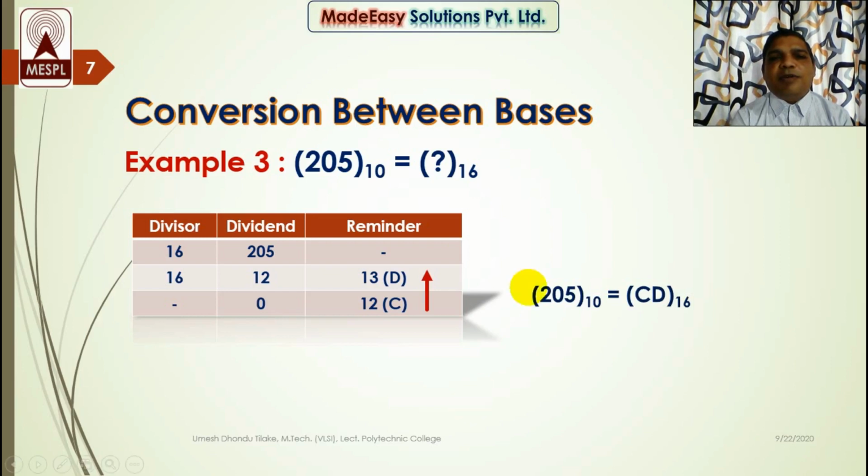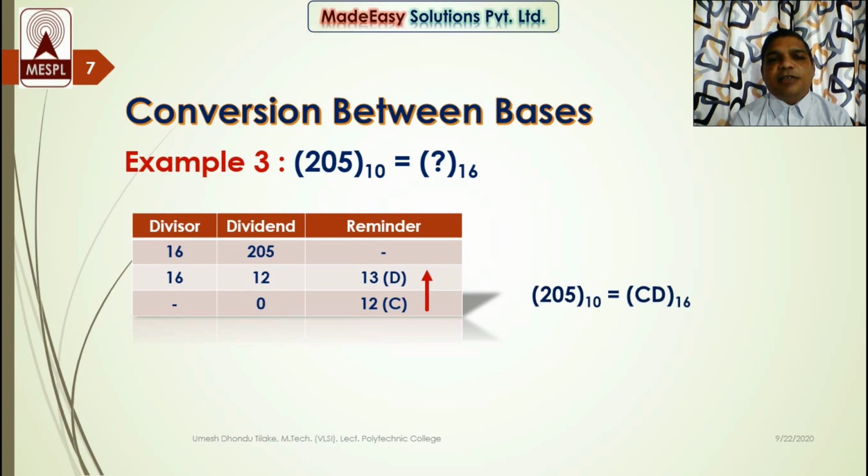The same number I am converting over here into hexadecimal. So divide this number by the base 16 until we get quotient as 0. So I have considered 16 as a divisor over here and 205 as a dividend over here. Now let's find such a quotient that when multiplied by the base, we get the maximum number in the table of 16 which is less than 205. So 16 12s are 192. So 192 is less than 205.